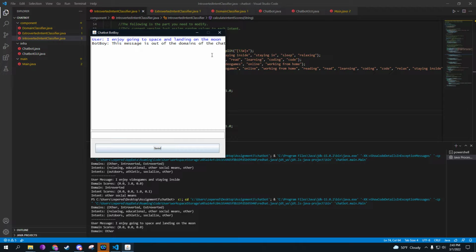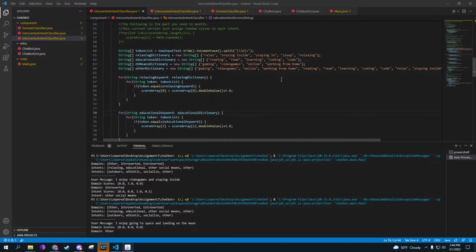This is going to say the message is out of the domains of the chat. It has no idea what you're talking about. It's not used to talking to people who are astronauts. So it's out of the categories and domains that it has.